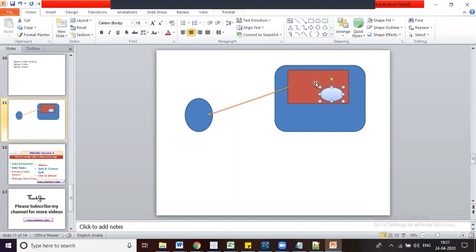Now the report will no longer be connected to the database. The extract will connect to this database, and this Tableau report will connect to this file.